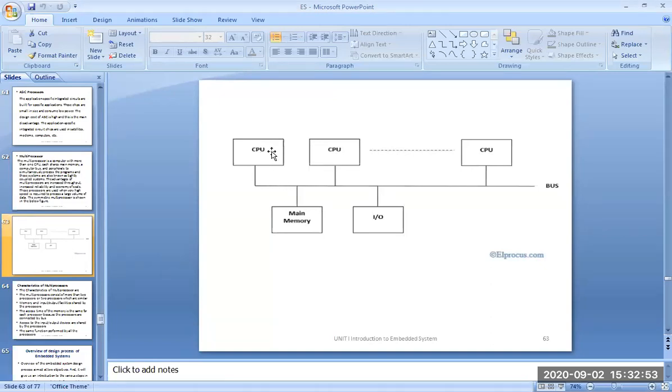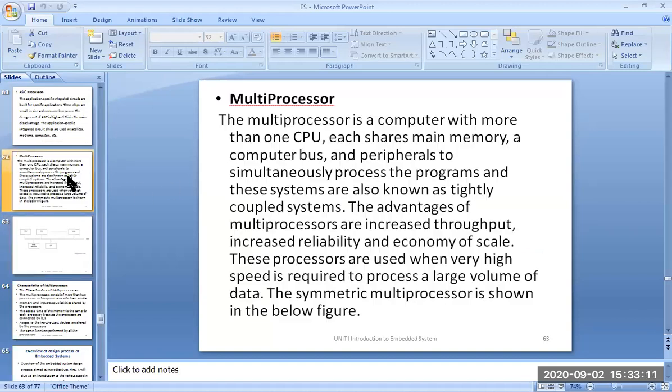You can reduce the execution time. If you want to run many applications, you can run them without any hang up. That is the main advantage of the multiprocessor idea.